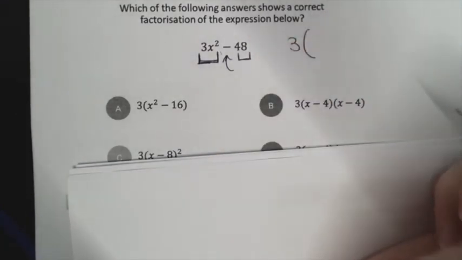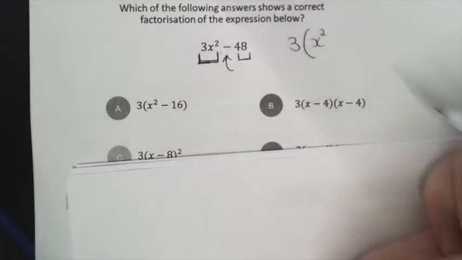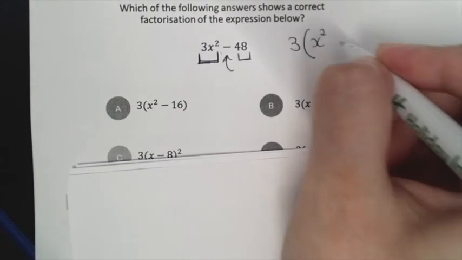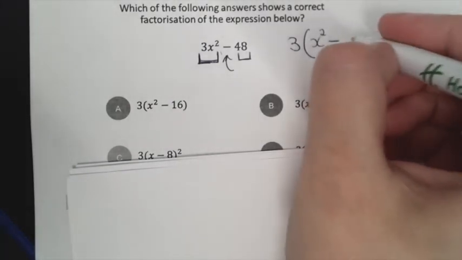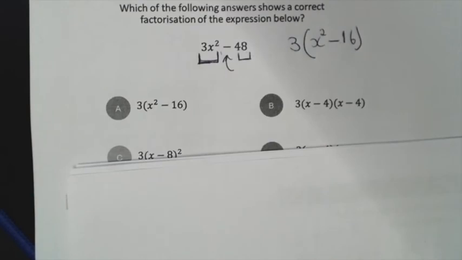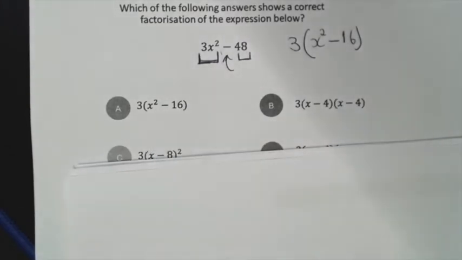I can open the brackets. 3 multiplied by what gives me 3x squared? Well, it's 3 multiplied by x squared, and 3 multiplied by what will give me negative 48? 3 multiplied by negative 16 will give me negative 48. So I factorized it, and if I look here, I've got that as my first option,